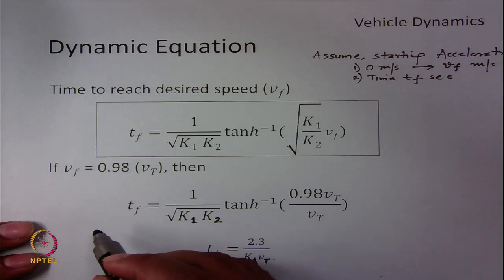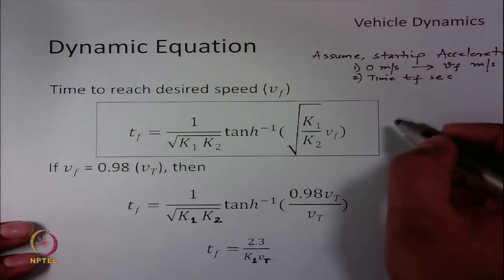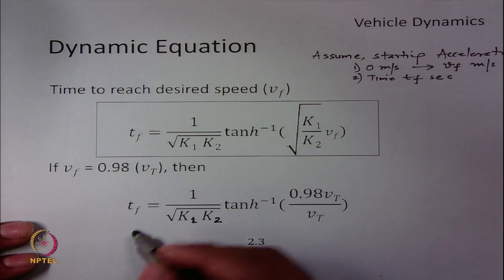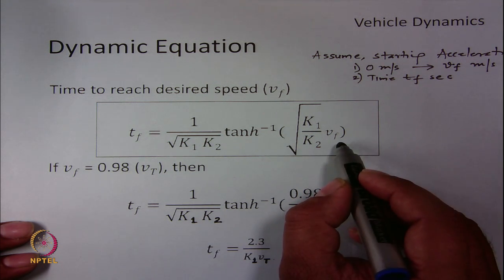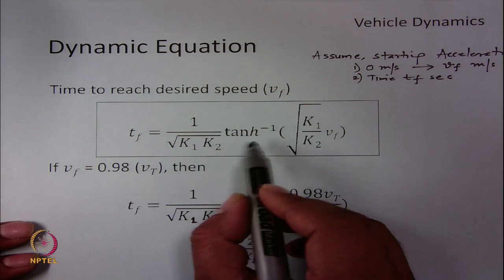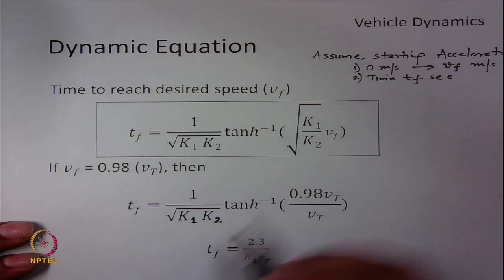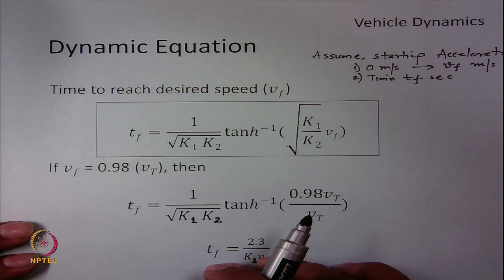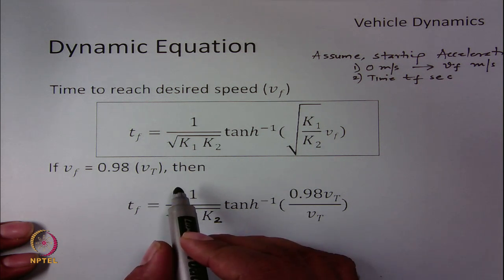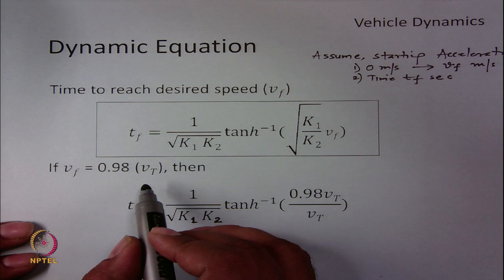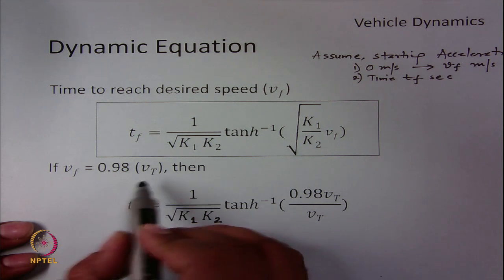That can be simply evaluated by using the expression of V. Instead of V of t, we will substitute V f, and take t on the other side, and it can be just 1 by k1 k2 tanh inverse of this expression. So, this is just a reverse expression of the velocity expression. Let us say roughly we want to find the time when the velocity reaches almost 98% of V t. So, if you want to understand T f for this